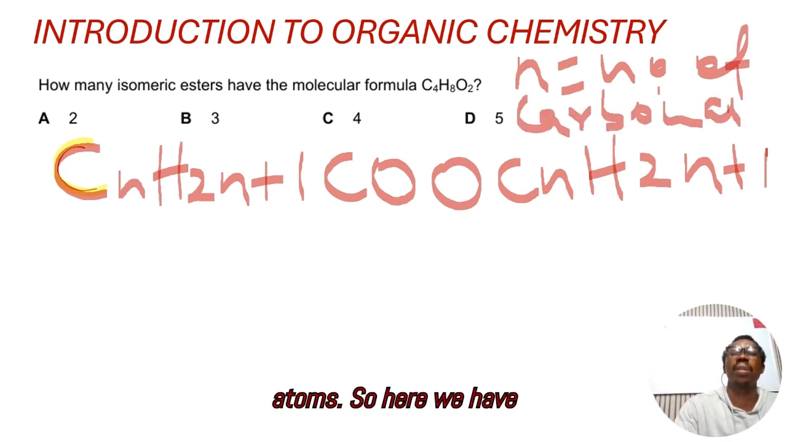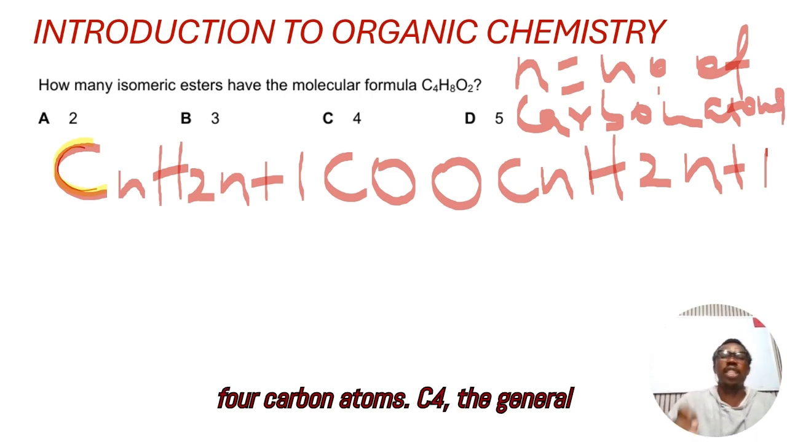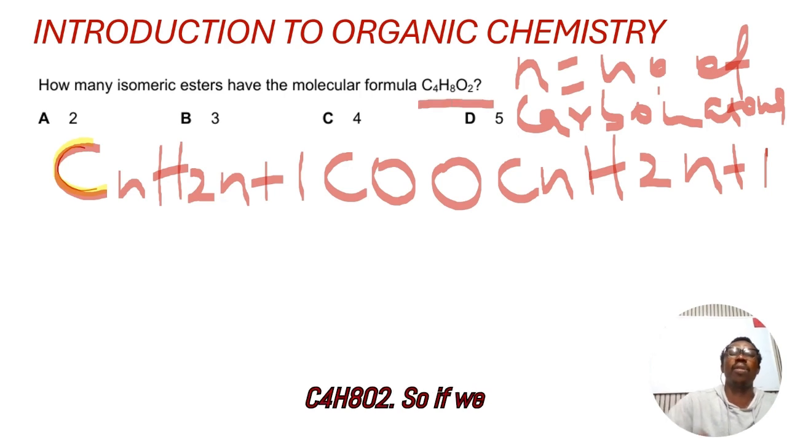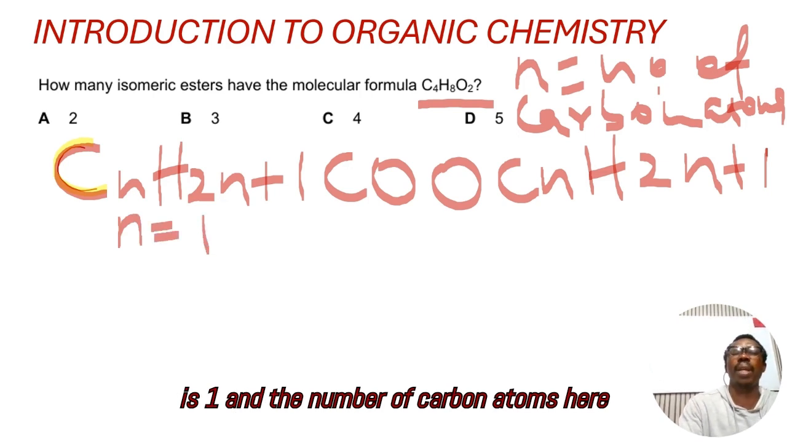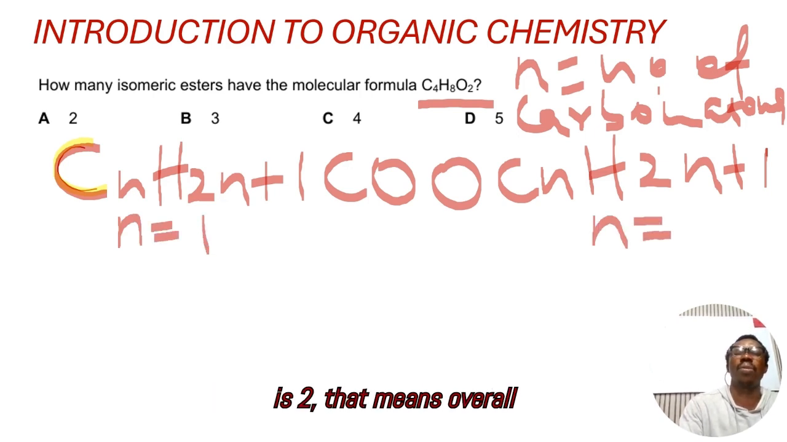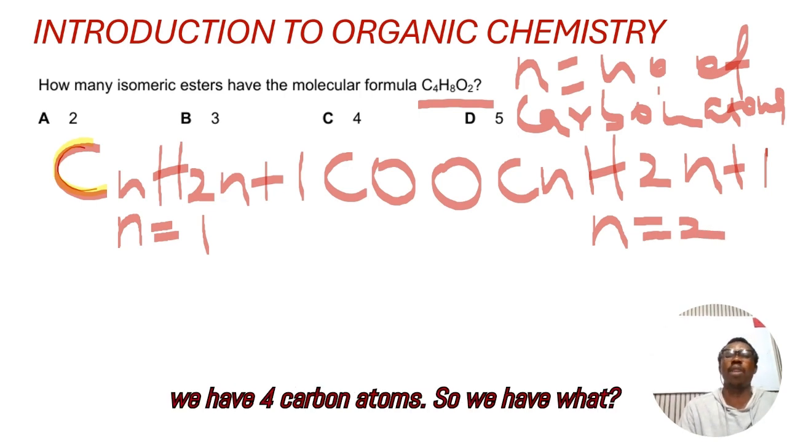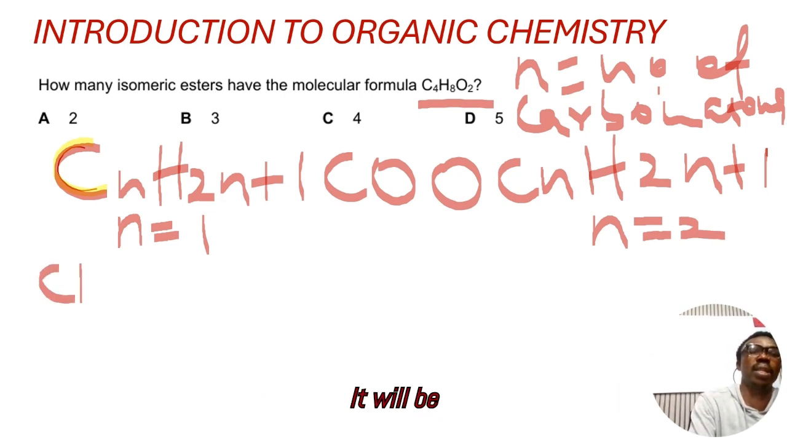Carbon atoms. So here we have 4 carbon atoms, C4. The molecular formula is C4H8O2. If the number of carbon atoms here is 1, and the number of carbon atoms here is 2, that means overall we'll have 4 carbon atoms. So we'll have CH3,